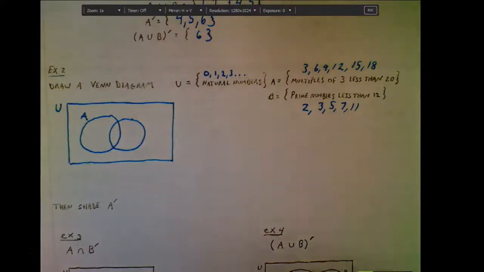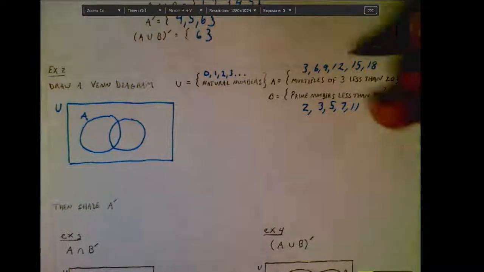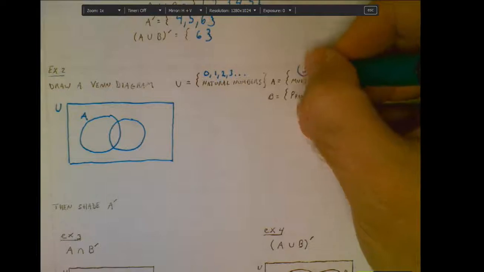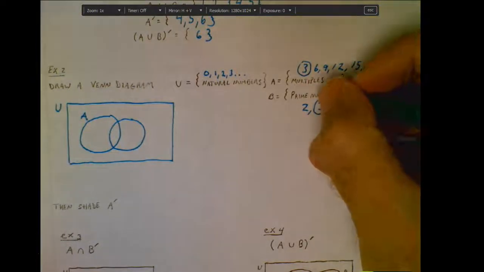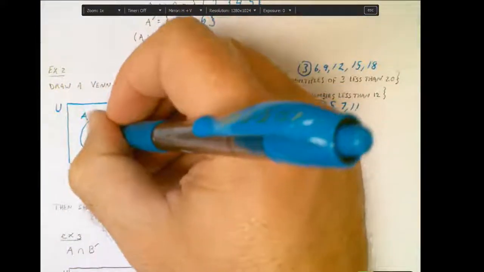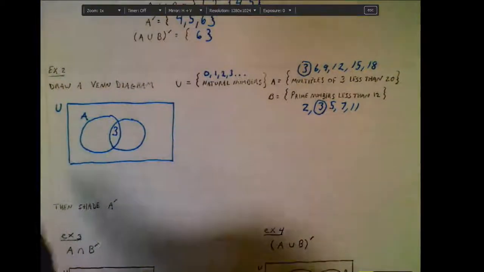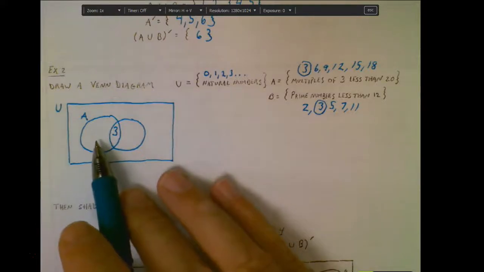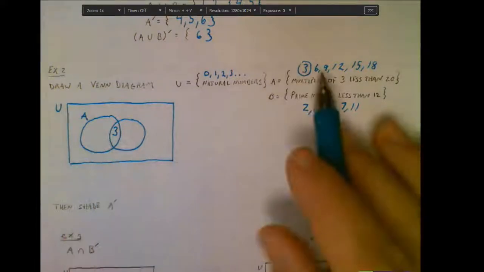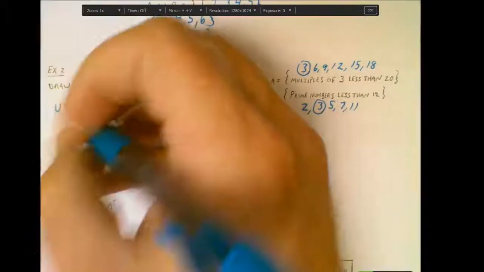Whenever you're filling out your own diagram, we always want to go inside out. So it's best to start with what they have in common, and then we'll branch out from there. So you can see that they have a 3 in common. And as I go on down the list, it looks like that's the only element that they have in common. So we're going to start there in the middle with a 3, and we'll just branch out from there. So I now want to include all the rest of the values for set A. 3 is already in there. So 6, 9, 12, 15, and 18